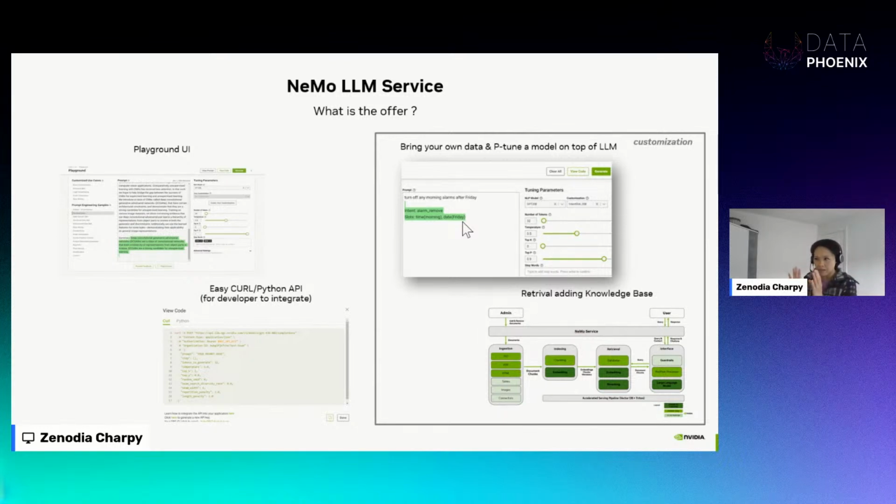So you can use customization to tweak your foundation models in order to serve a specific purpose. Retrieval knowledge base is also one of these, where you can equip the language model with proprietary database information that is not open to the public. It is made to scale, so that even if you have large databases across different continents, it is possible to do this at scale.